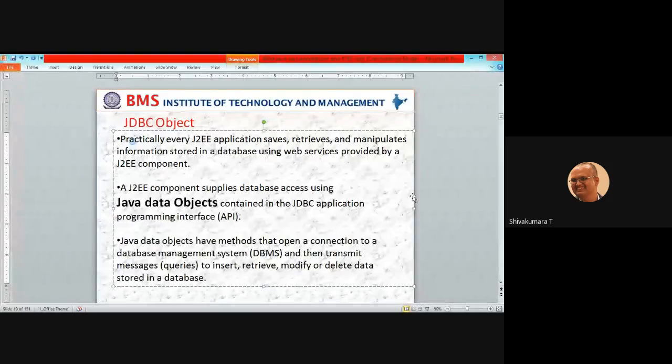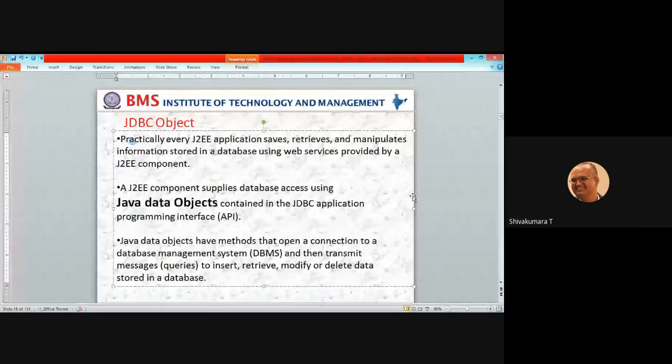Which exist in this world, most of the databases are going to be connected through your Java concept, which we call JDBC. Every application needs a database.